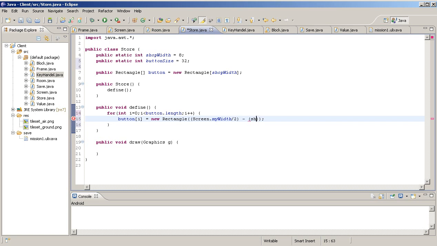So we're gonna do shopWidth times buttonSize, and we're gonna take these two, and we're gonna take them divided by 2. All right. We're gonna put these at 10, the 10th coordinate, just to see if this actually works in the beginning. We're gonna do buttonSize, buttonSize. All right. Hope that works for you. All right. Then we're gonna do